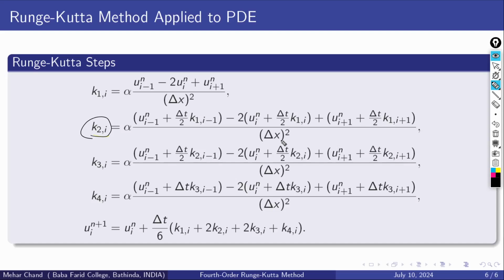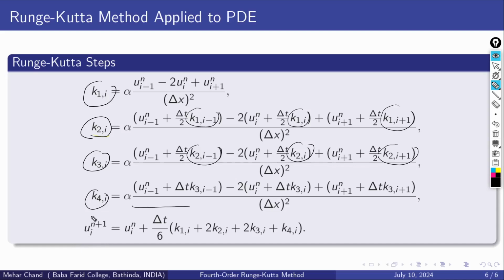Similarly, we can easily find out the values of k3 and k4. You just need to replace k1 with k2. Okay, and here is k1i, here is k2i. At this place we have k1 i plus 1, here is k2 i plus 1, and this equation also we have corresponding to the same k4. Okay, so we can easily write the expressions for the partial differential equation which we required,